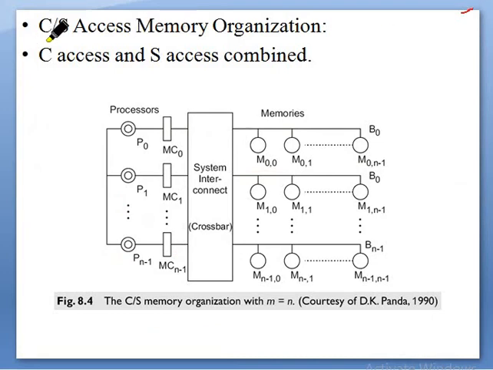Okay, next, the third one is what? Both concurrent as well as simultaneous. The C and S methods are combined. Okay, what do you mean by the S method? Just now we have studied the synchronous method, the simultaneous method. Simultaneous method means I can get data from, see, M00, M11 as both. Okay, next,